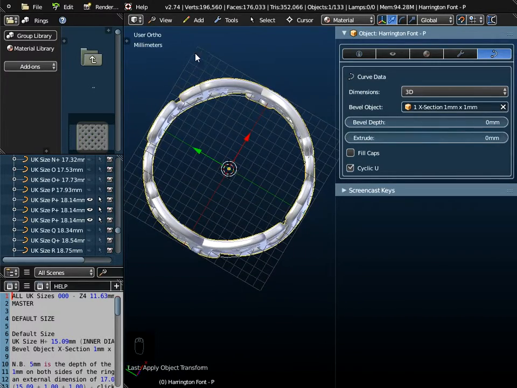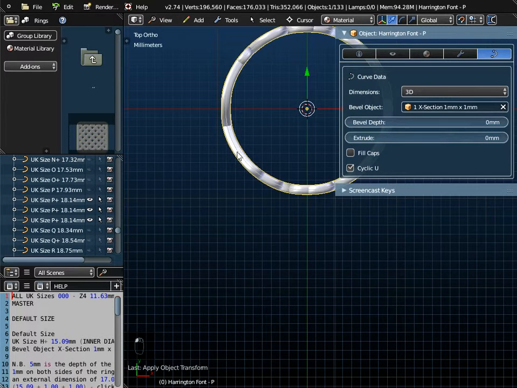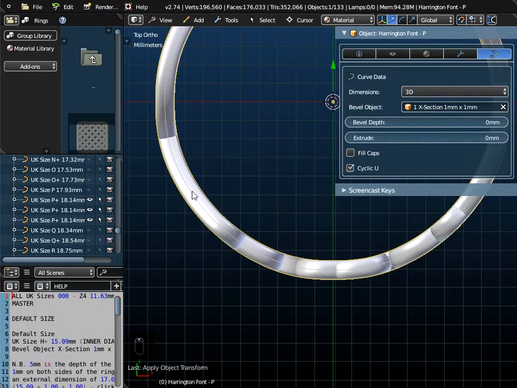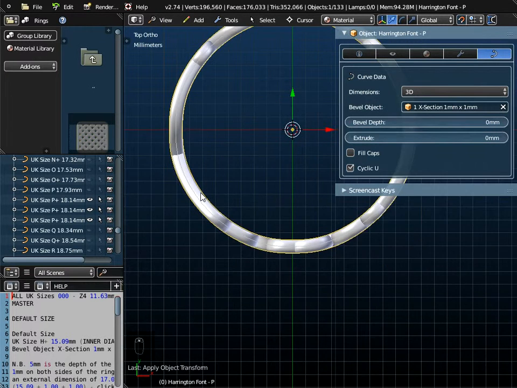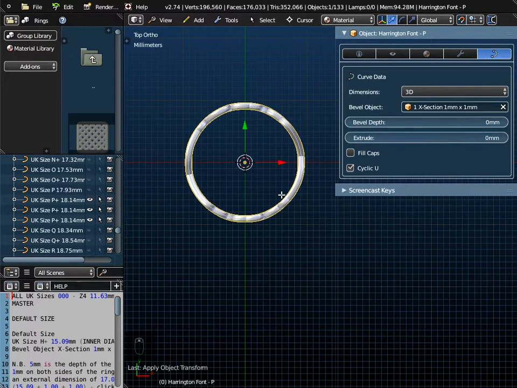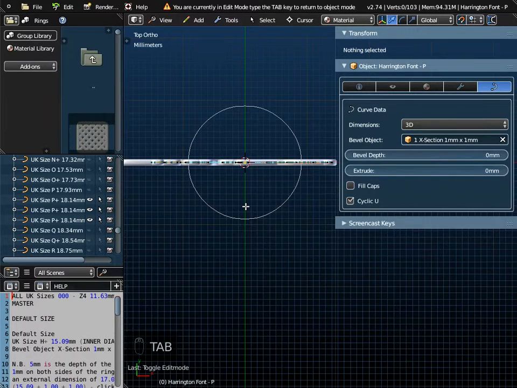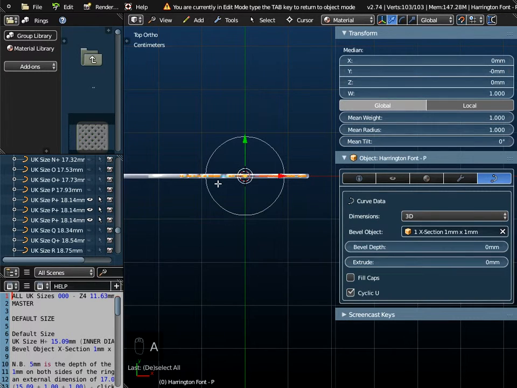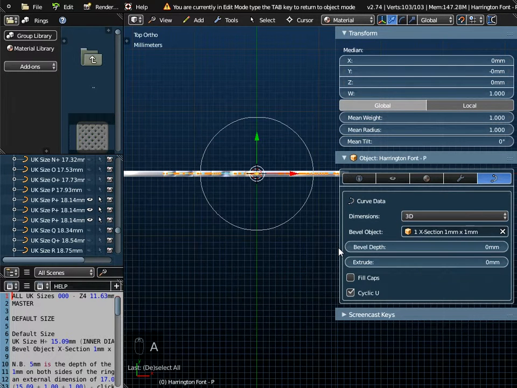So again, if I just go to view and top view, if we just zoom in there, this thin grey line here is actually my UK size. My object is still on the inside of it. Now to fix that, what we do is we just press the tab key on the keyboard, and essentially what we want to do is to highlight all of the object, and we can press A on the keyboard. A is to select all the control points,